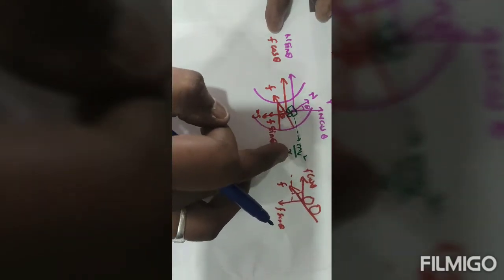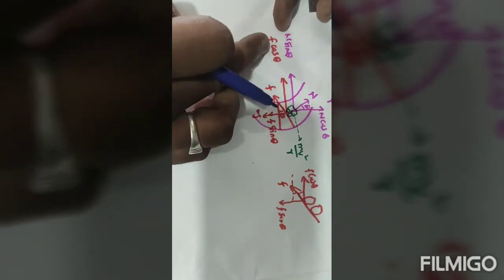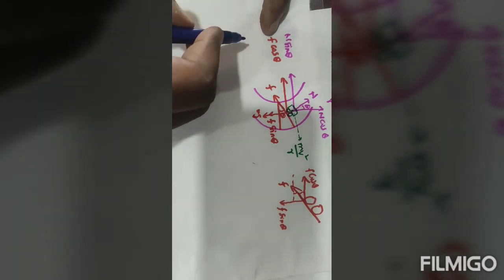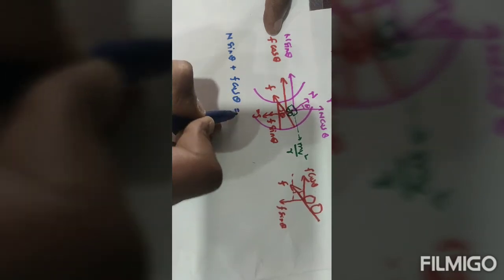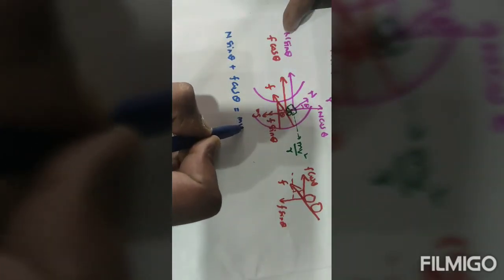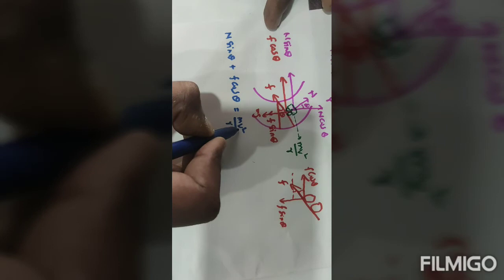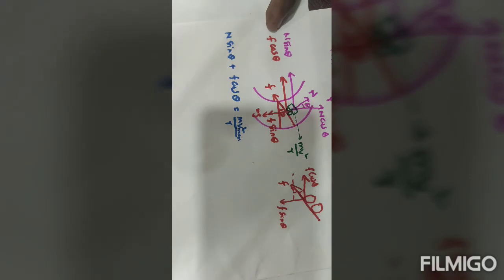The first one, let's take m v squared by r. It is balanced with n sin theta and f cos theta. See, on the left side the forces are n sin theta and f cos theta. So I can write n sin theta plus f cos theta equal to m v squared by r. Since I am going to find the maximum velocity, I write v max. Let's take this as equation number 1.